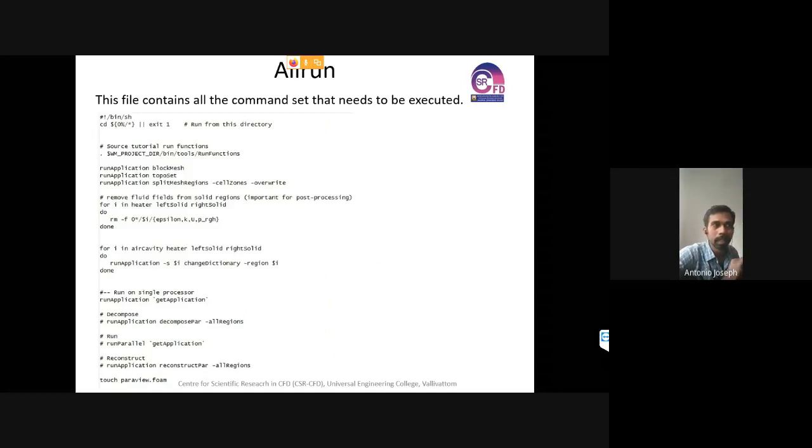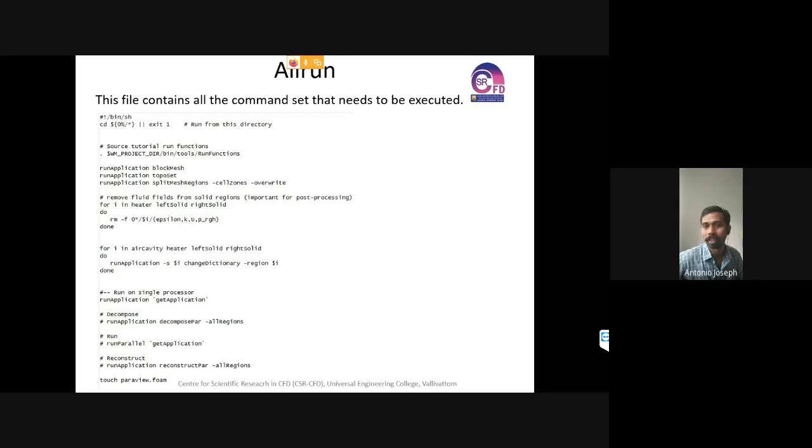So that's it. And these are the commands that we are using in the run file. So in the morning, someone asked me what this Allrun script file is. In this one, we can see all the commands that we are going to execute. In order to avoid executing these commands step by step, if we are confident that there is no error occurring in our case file, everything is perfect,